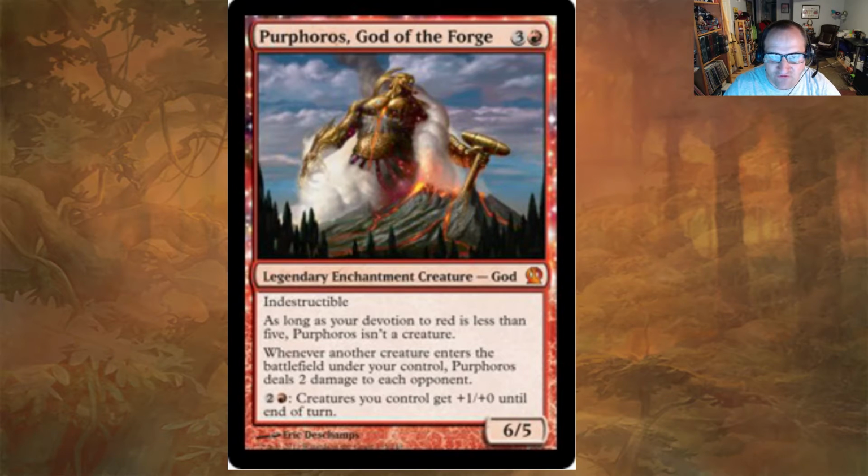We have Purphoros, God of the Forge, 3 and a red for a 6/5 god with Indestructible. As long as your devotion to red is less than 5, Purphoros isn't a creature. Whenever another creature enters the battlefield under your control, Purphoros deals 2 damage to each opponent. 2 and a red, creatures you control get +1/+0 until the end of turn. So with Panharmonicon out, this will trigger, each creature that enters will basically trigger Purphoros, and then Panharmonicon will trigger